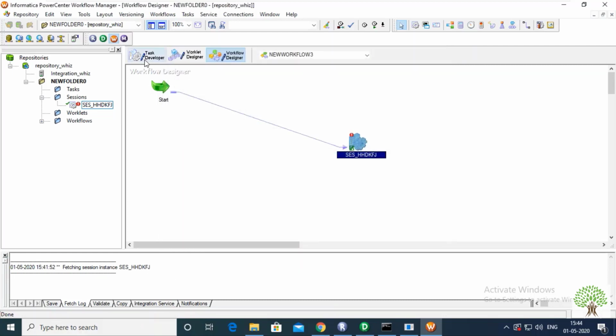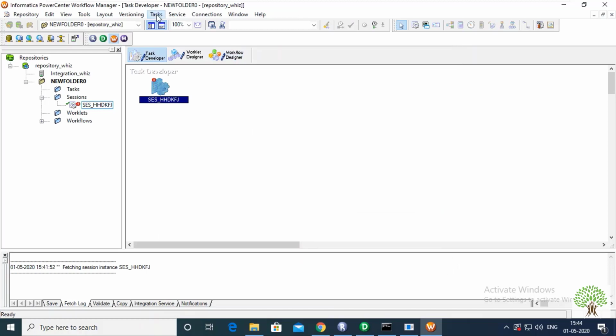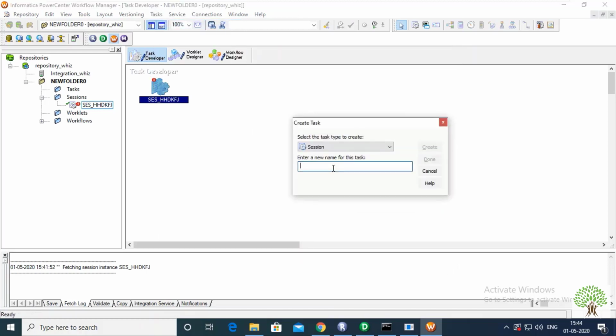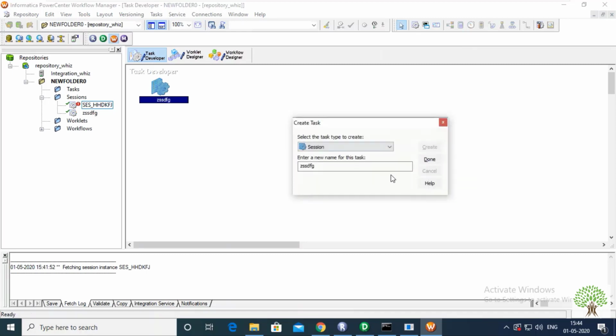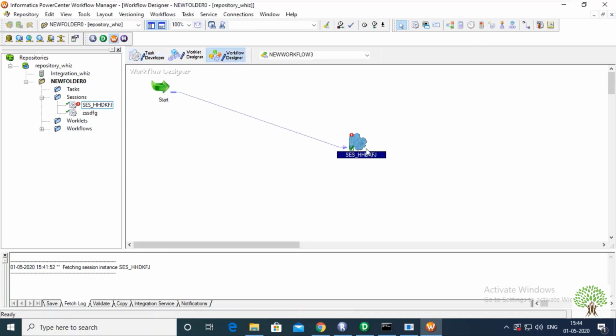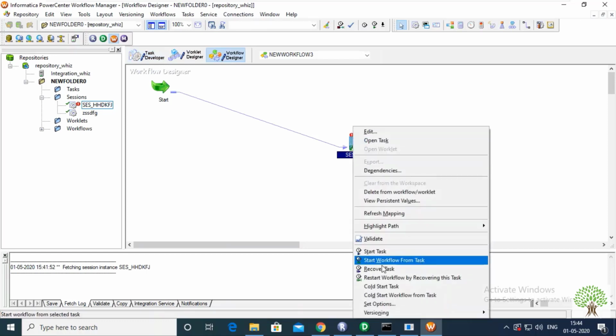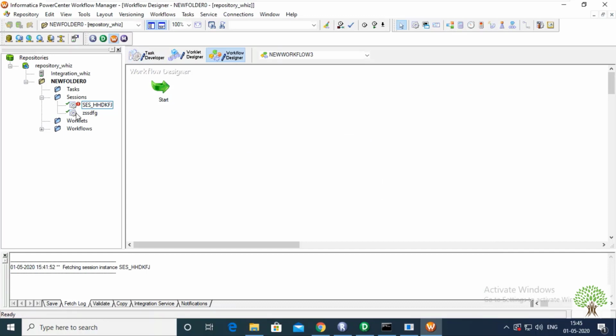Let me create another session task because this one is not updated correctly. I'll go with any default name. Yes, I want to create it on new mapping 2, and done. Again, I'll remove this one. Delete from workflow, yes.